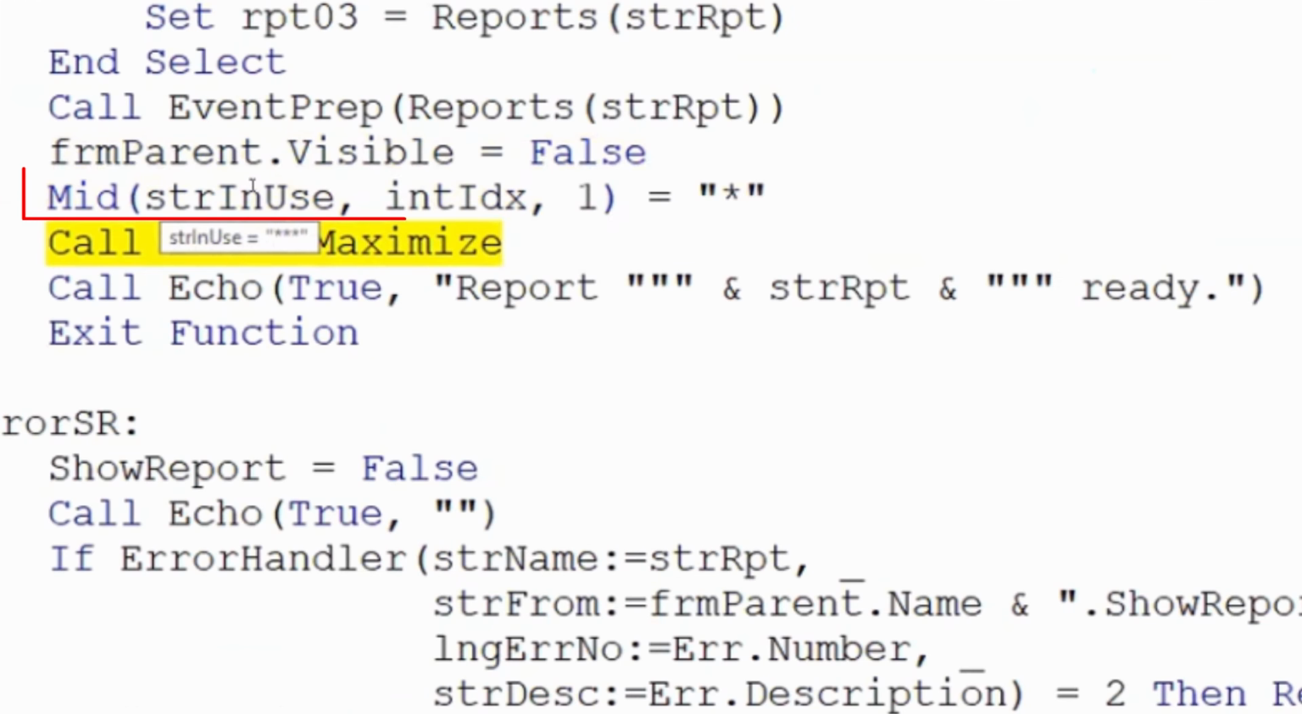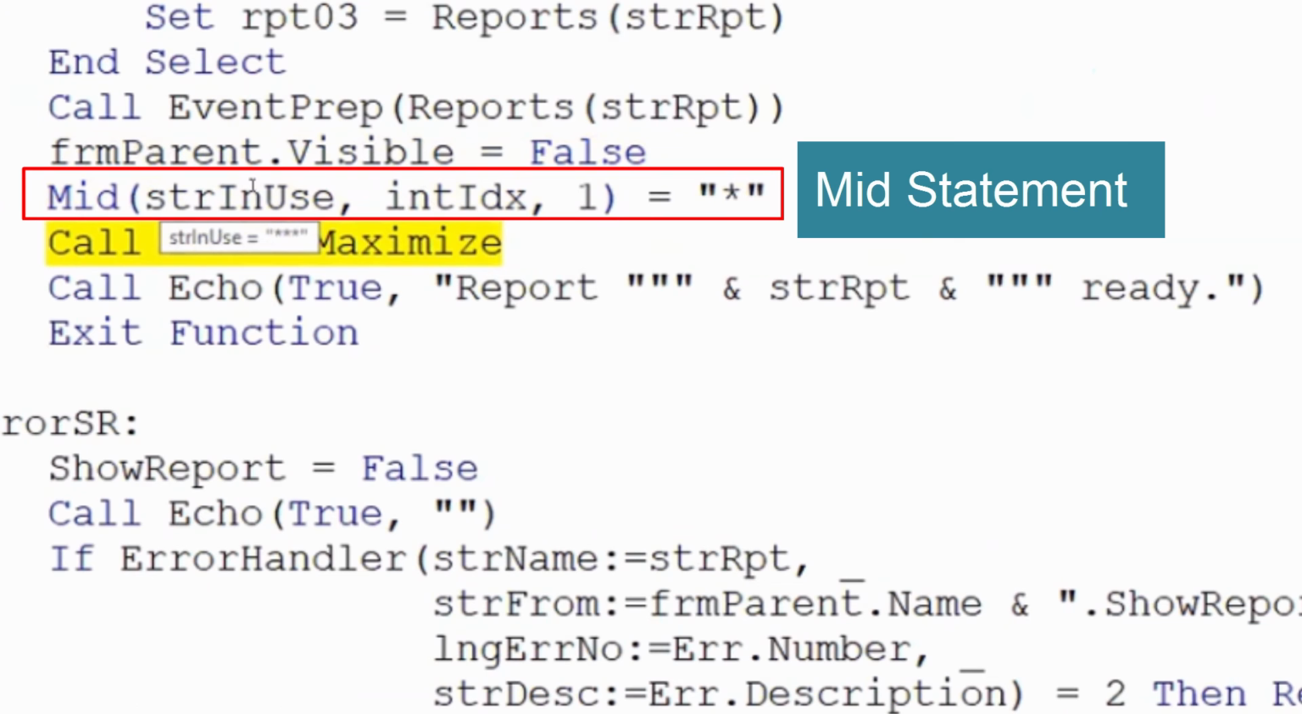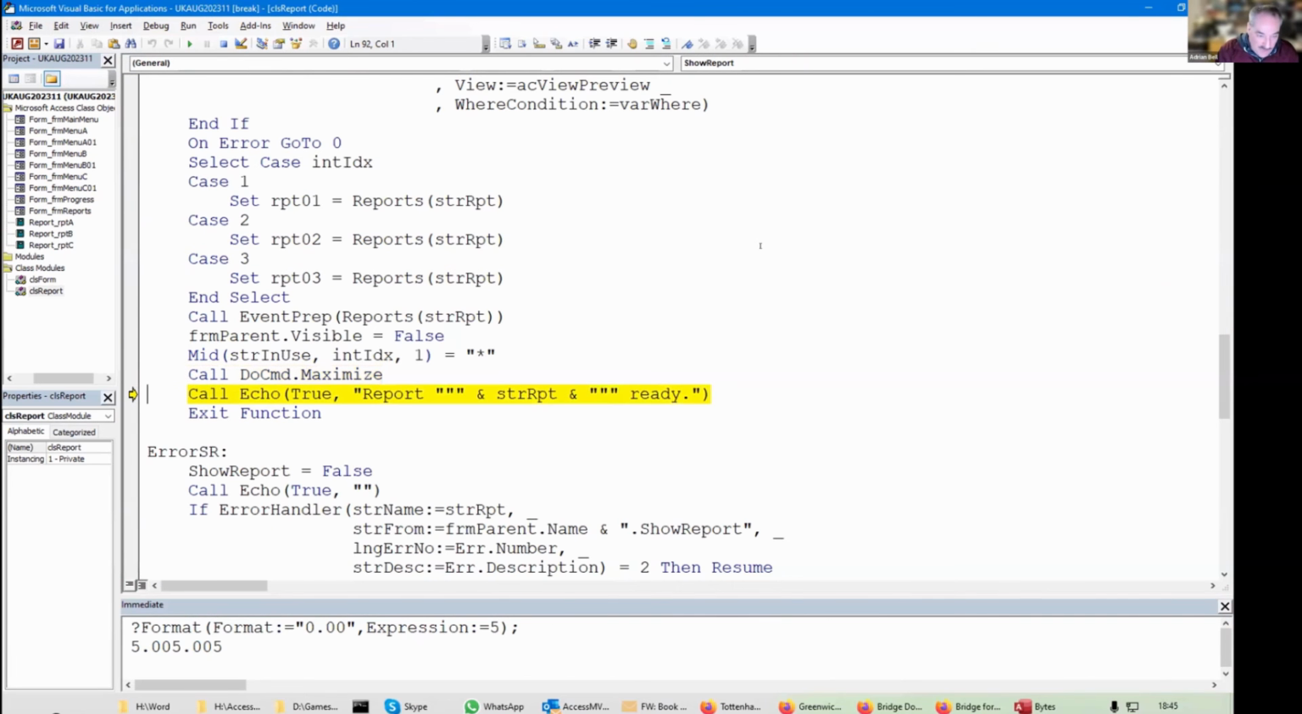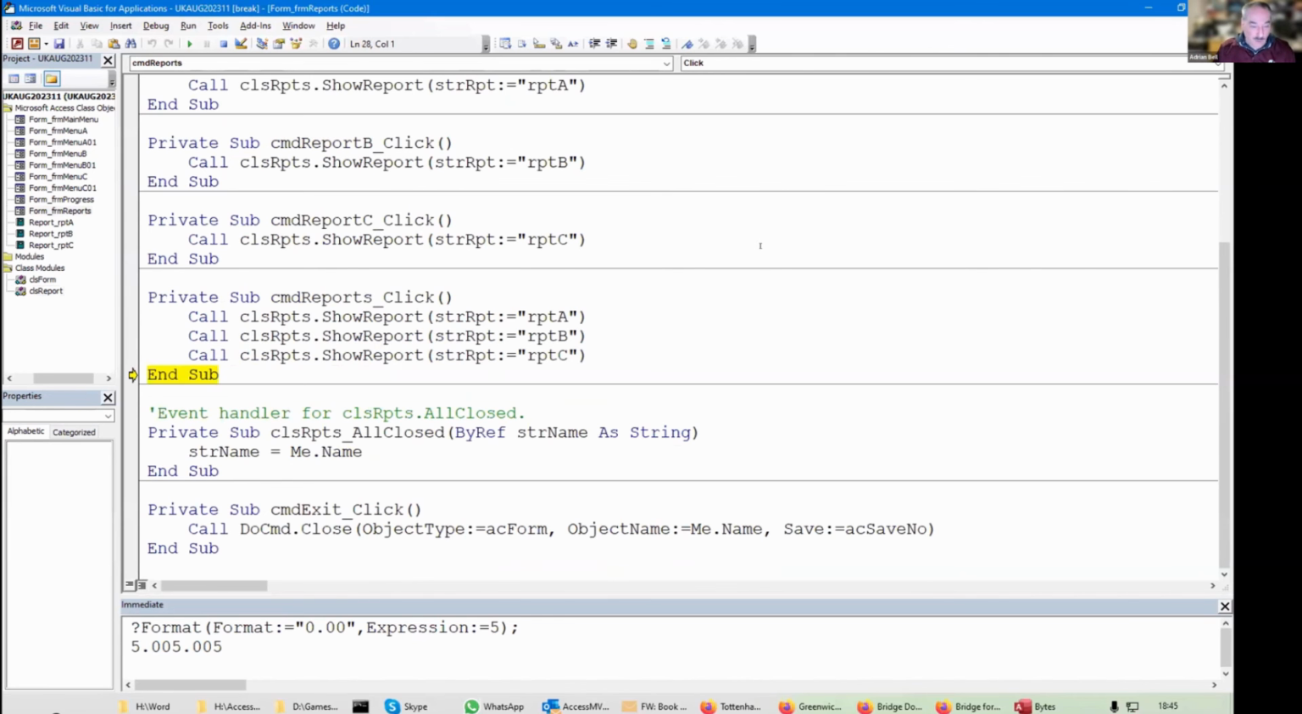Okay. Hopefully you're all familiar with the ability to use the Mid statement rather than the Mid function, the Mid statement on the left-hand side of an equals. That's what you can do. You can put a string into the middle of another string and it will overwrite. I'm going to say maximize. We're already maximized. Change the echo, report and so on, redo. We're not going to see that. Exit function. Right, it's now run all of these,